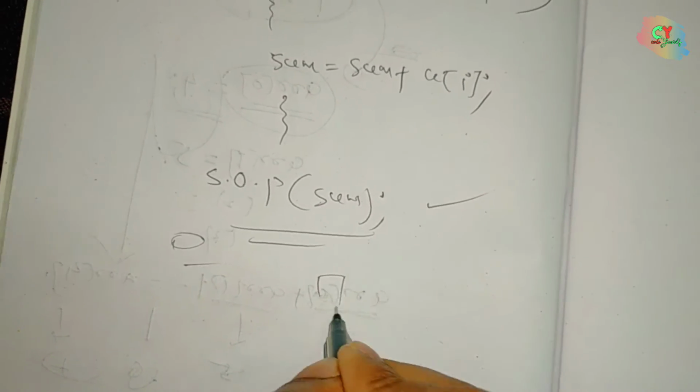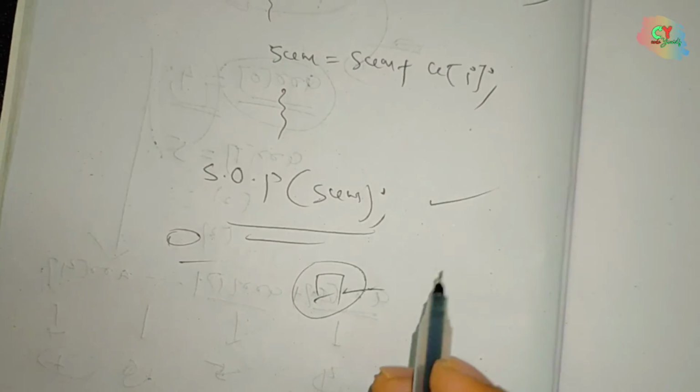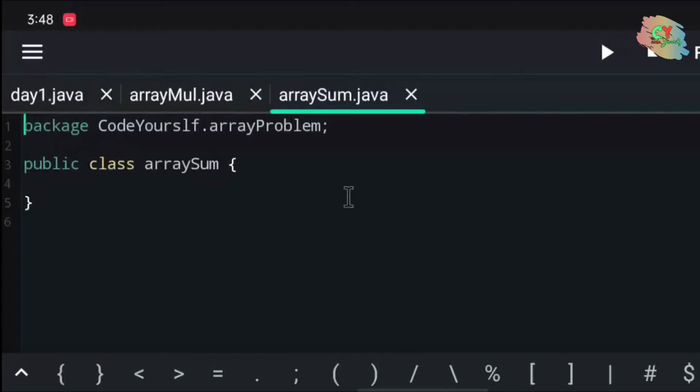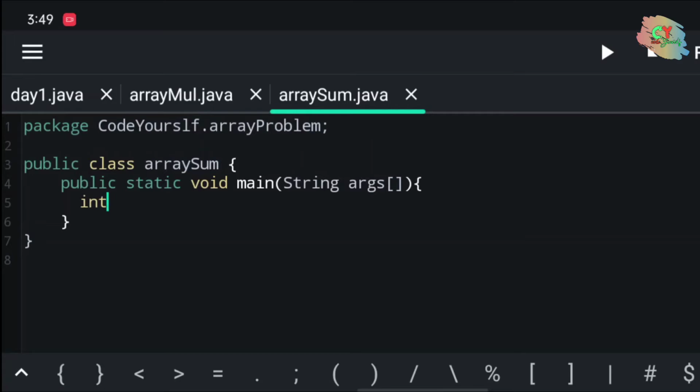Now I am going to code this part using the mobile. Let's see that. Now is the time to write that code using my mobile. First of all, I will create a main method, that is public static void main and String args, the arguments. Now I am going to create that method. Inside the main method I will declare an integer array.